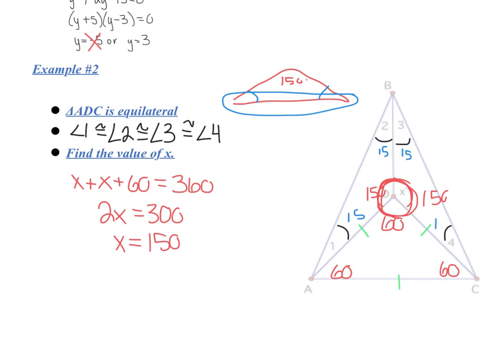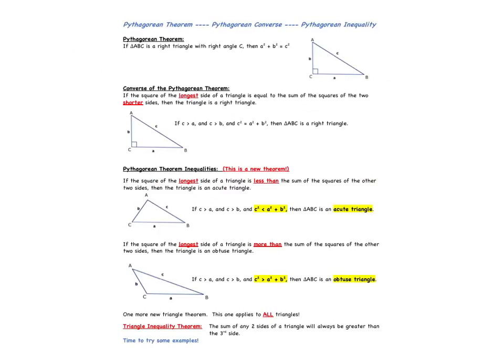They're all 15. And I wasn't asked to find those, but I did anyway, so that's okay. All right, so now we're going to switch focus to Pythagorean theorem, which we've done before, Pythagorean converse, and the